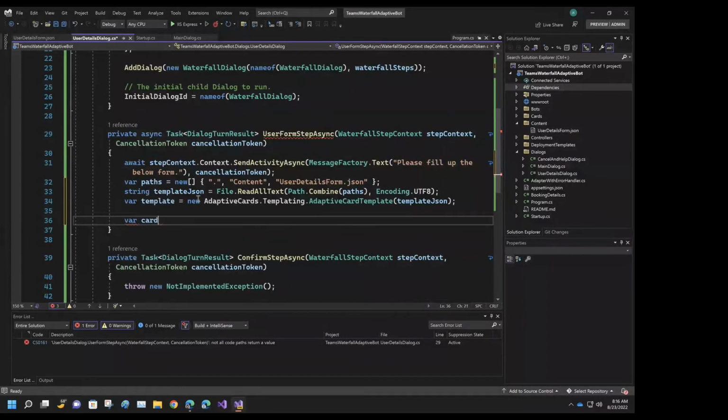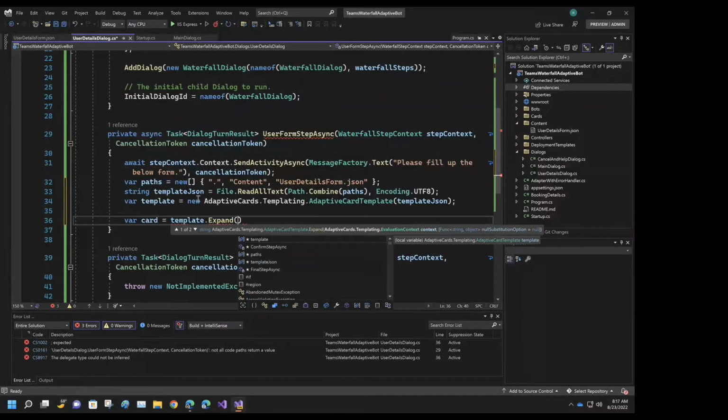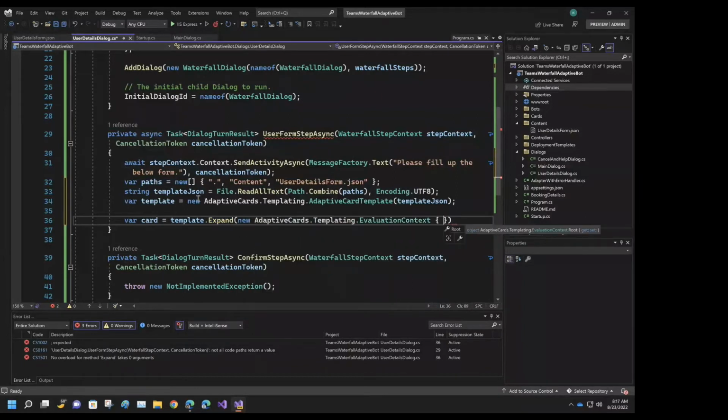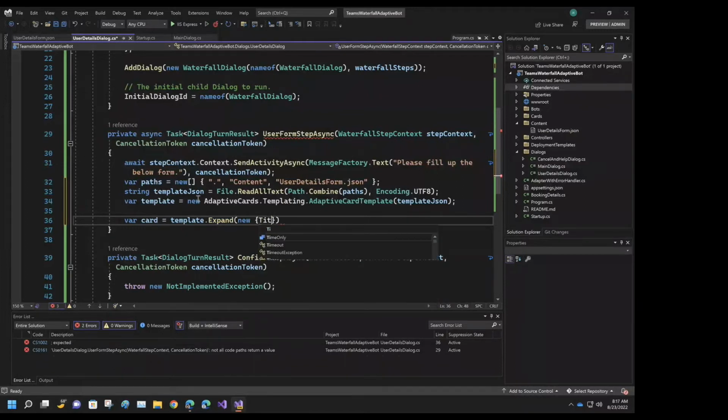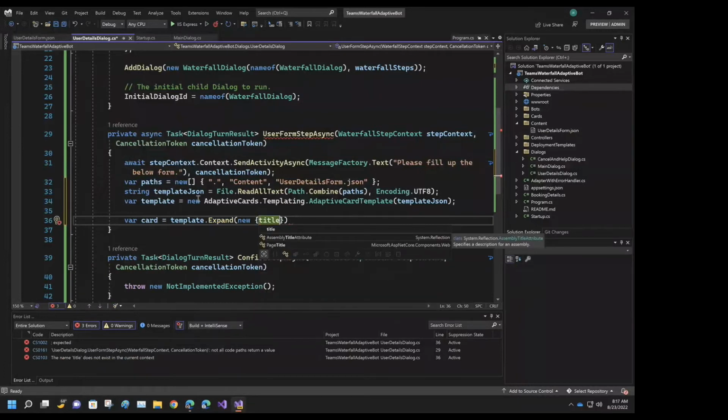So I'm going to create a card, template dot expand. I'm not going to pass a lot of data. I'm just going to pass 2 to 3 so that just to showcase you how this works. So the first property that I'm going to pass is a title. Okay, it's not capital T in our template. I'm going to use small t,